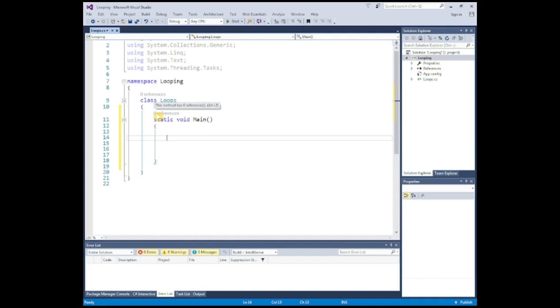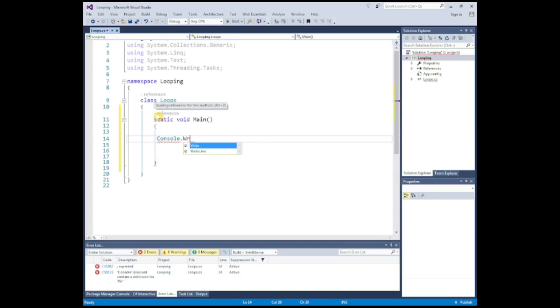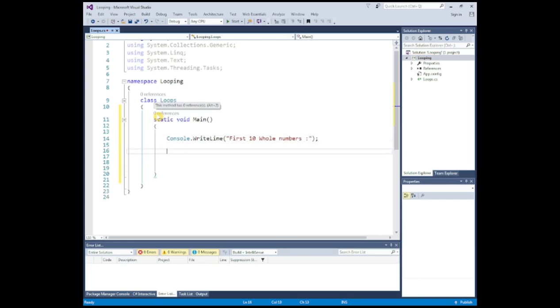I'm going to write to the console. So I'm going to say console.WriteLine, open and close parentheses, open and close inverted commas, first 10 whole numbers. We finish this line off with a semicolon, and we're going to use the keyword for,